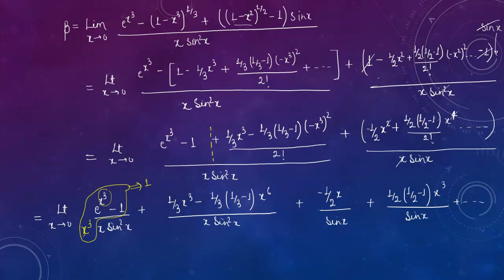If we multiply here x cube, then we also have to multiply x cube in numerator, so the net effect will be null. So this x and x from this x cube will be cancelled. This will become x square, and again